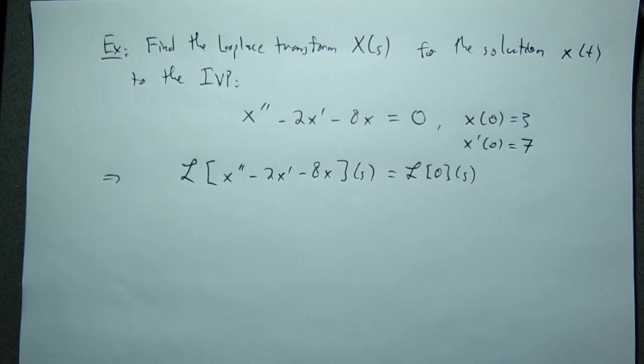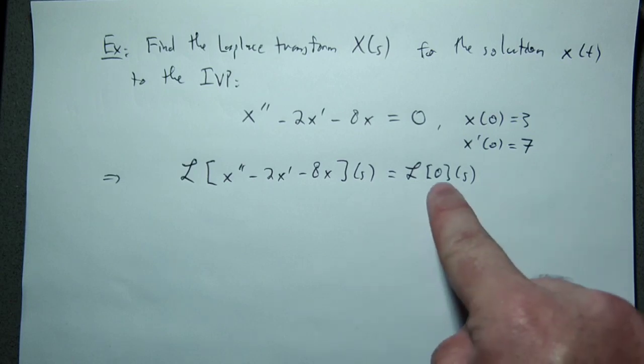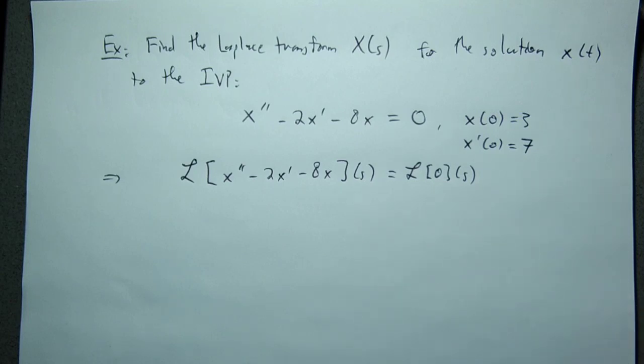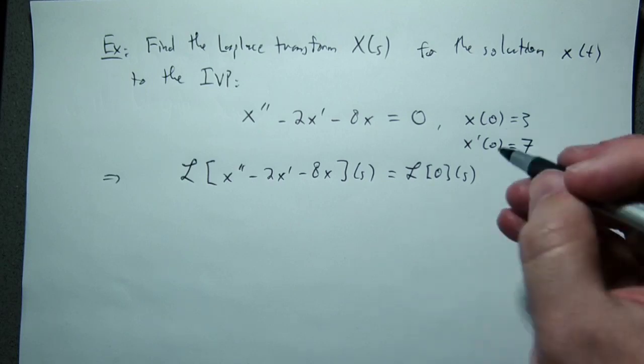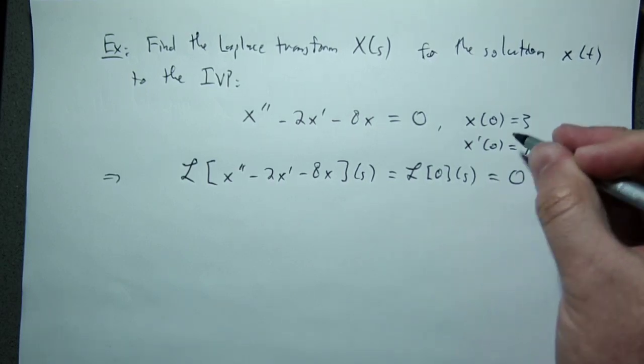Well, the Laplace transform of 0 is easy enough. It's going to be 0. Remember, by definition, the Laplace transform is just integration of the function in question against this e to the minus st business, right? But you're integrating against 0, so that's clearly 0. And so for a homogeneous equation,